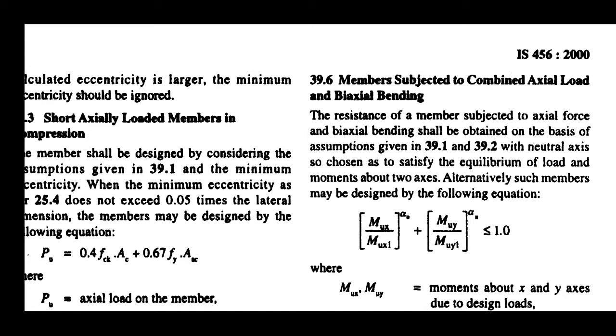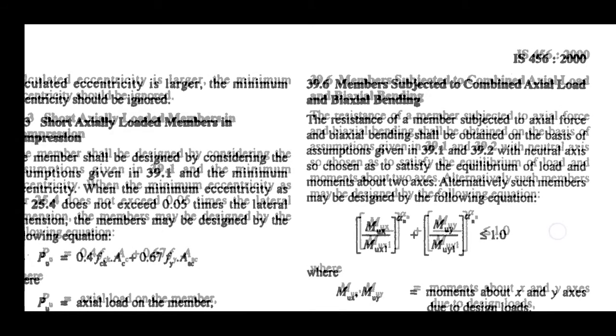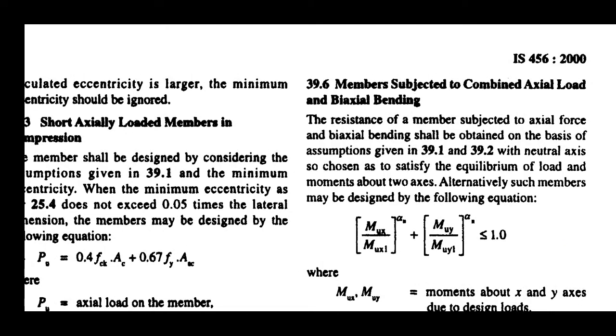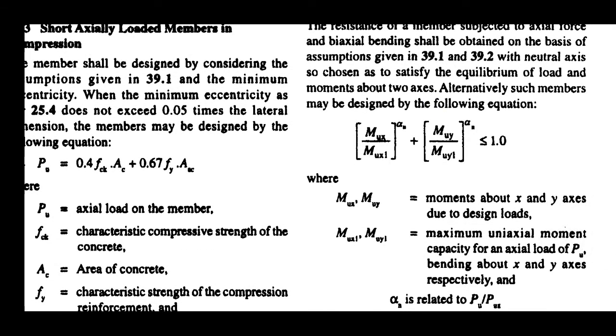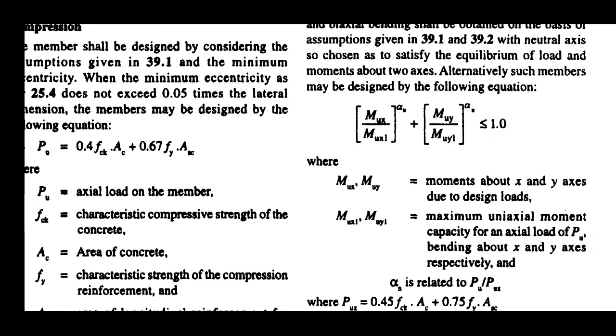Within third bracket, Mux by Mux1 whole to the power alpha n plus Muy by Muy1 whole to the power alpha n is less than or equal to 1, where Mux and Muy are moments about x axis and y axis due to the design loads, and Muy1 and Mux1 are maximum uniaxial moment capacity for an axial load of Pu bending about y and x axis respectively, and alpha n is related to Pu by Puz,